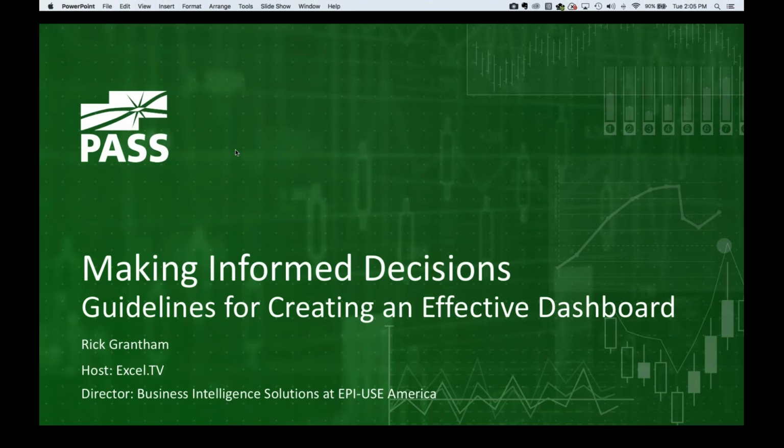What we're going to talk through today is making informed decisions, guidelines for creating effective dashboards. So this isn't necessarily an Excel talk, although it is partially an Excel talk. The deepest we'll get into Excel is how to build mockups in Excel so that if you're going to create basically dashboards in pretty much any tool, any of the big BI vendors, you have a good process, a step-by-step process that you could go through from the very first time that an executive knocks on your door until it's time to do delivery.